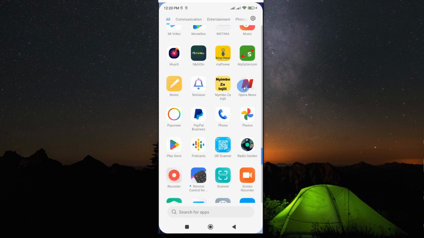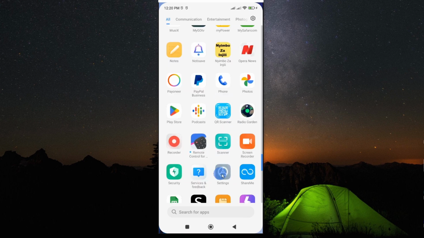In this video, I'm going to show you how you can troubleshoot your Opera News mobile app if it is not working well. Now, for the sake of demonstration, I'm going to use Redmi Note 10. However, this process should work on any other Android smartphone. So if your Opera News app is not responding, or it is causing errors, or it is not working, all